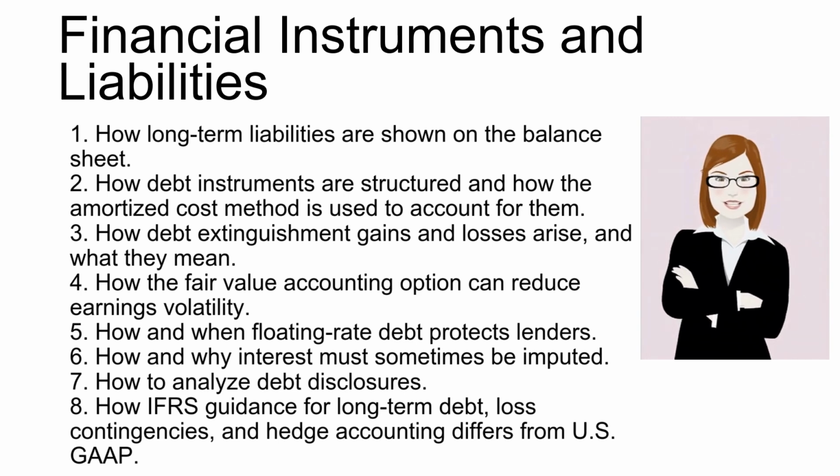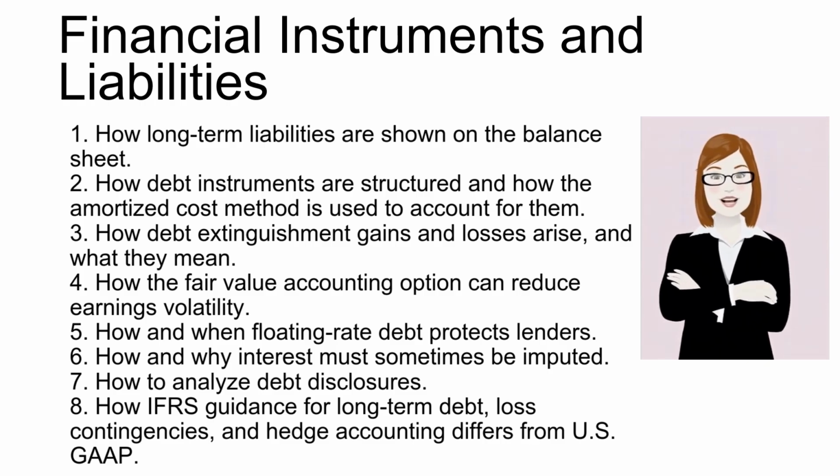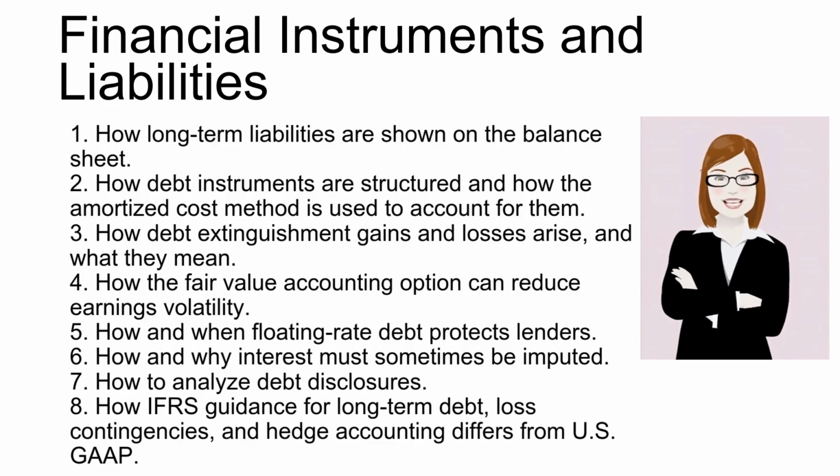Long-term liabilities appear on the balance sheet as obligations due beyond 1 year. Debt instruments are structured with terms that dictate repayment, and the amortized cost method accounts for them by spreading interest over time. Debt extinguishment gains or losses occur when debt is settled for more or less than its carrying amount,